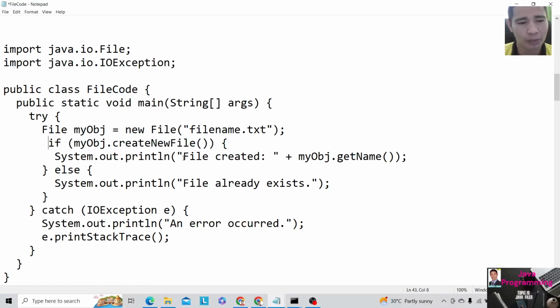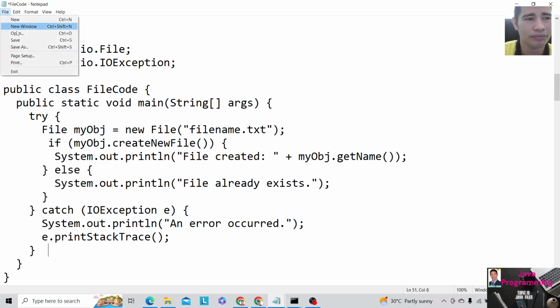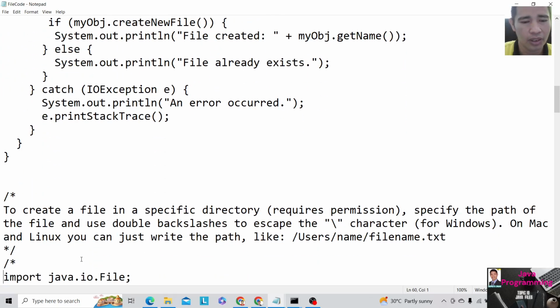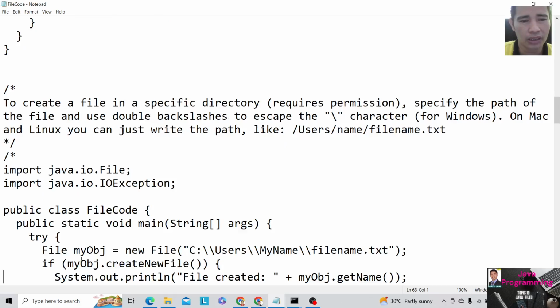If there are other errors, this particular catch here will run. I don't know how to create an error for that, but in our next example we can see that one. Okay, so let's save, and that's it. And we will proceed now to our next example, wherein we are going to create a file